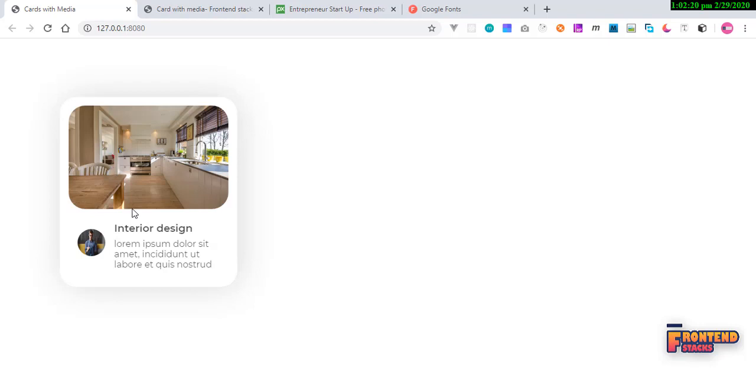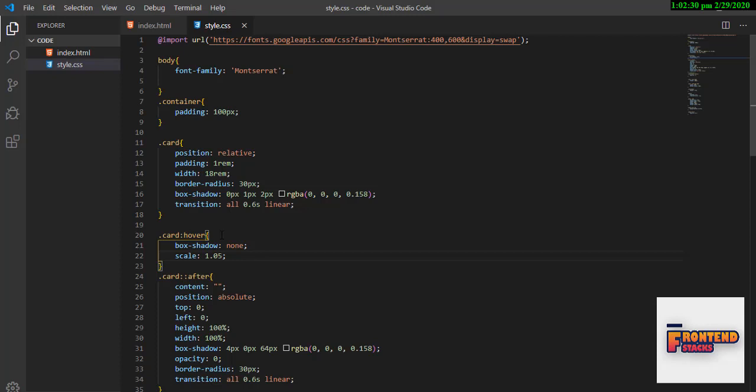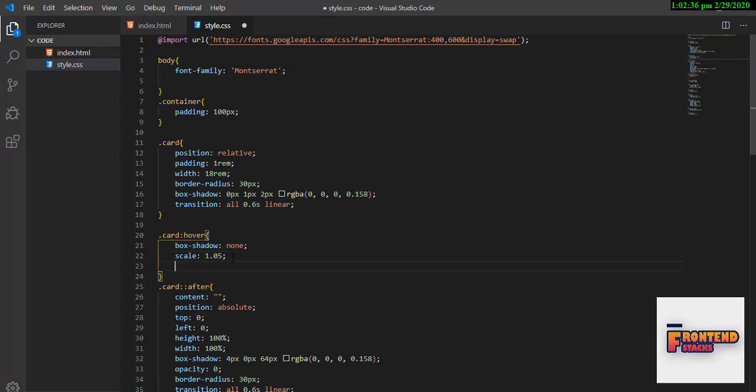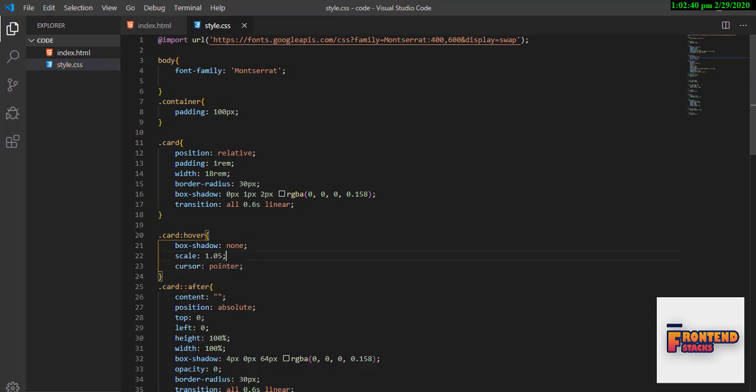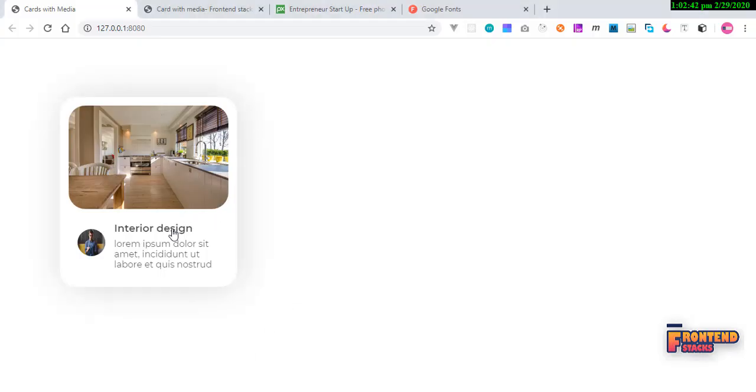Oh wow. So what we'll do here is change the mouse pointer, the cursor, to be like a pointer. Okay, so then I think we'll be done with what we are designing. It is very nice. So when we hover over this card, we want the cursor to be like a pointer. So let's see. Wow,